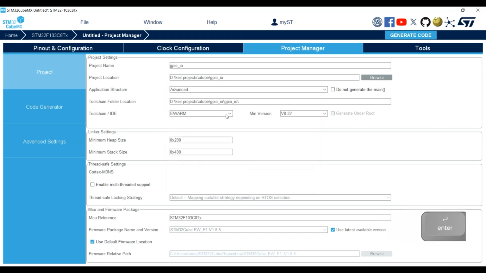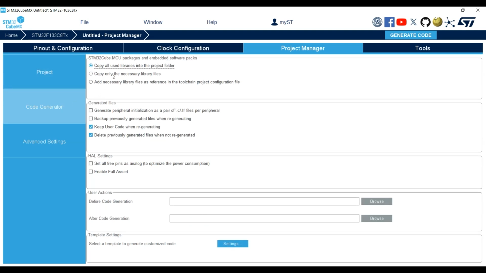The toolchain that I'm going to use would be MDK-ARM or Keil, and the minimum version is okay. My Keil version is upper than 5.32. Code generator: copy only the necessary library files.